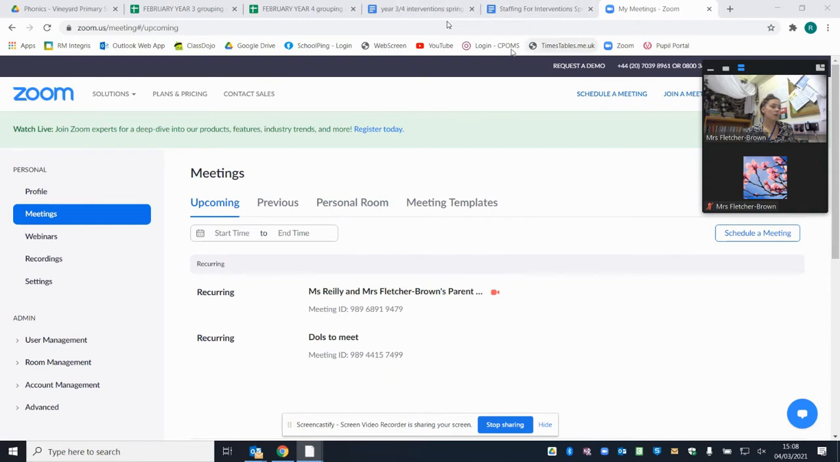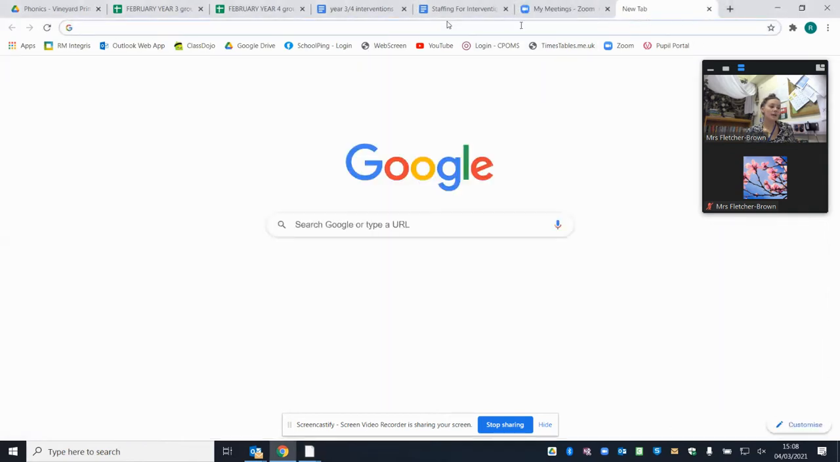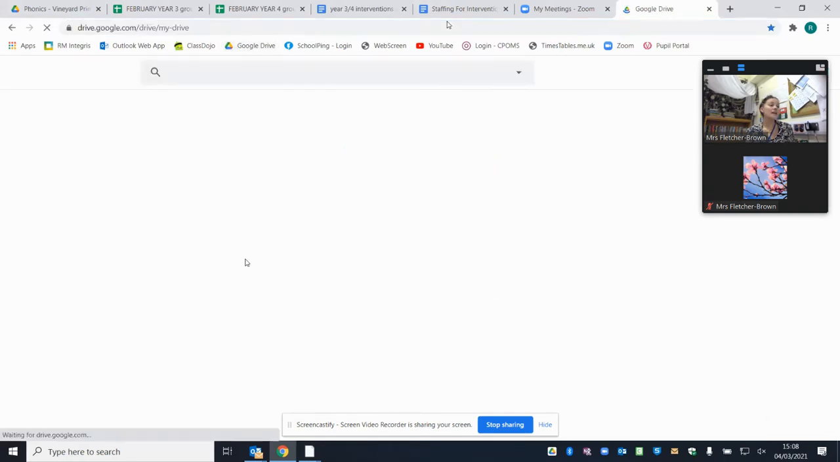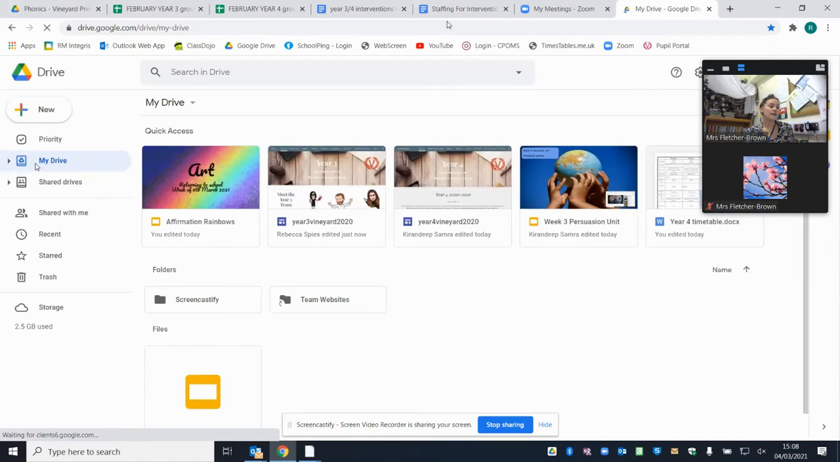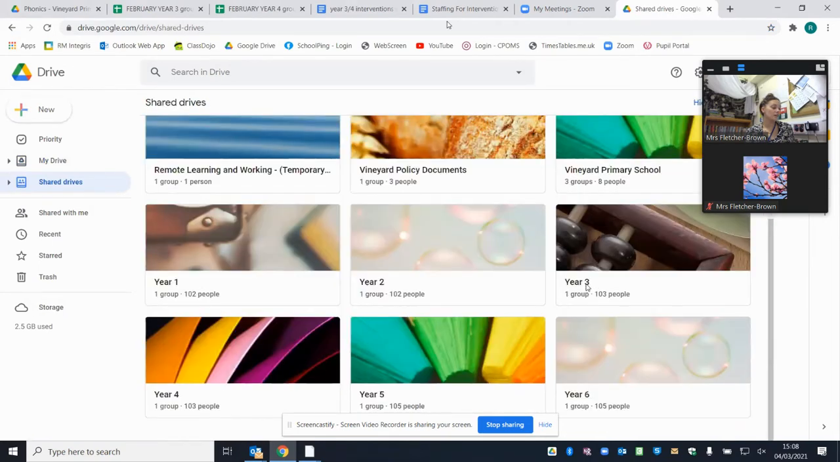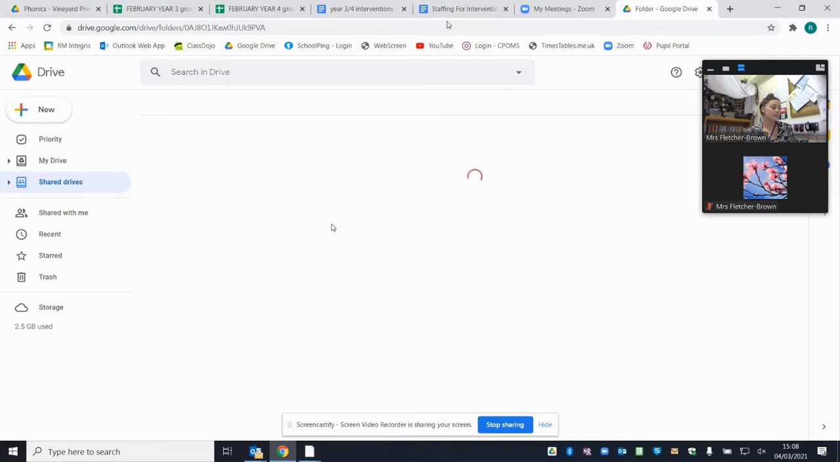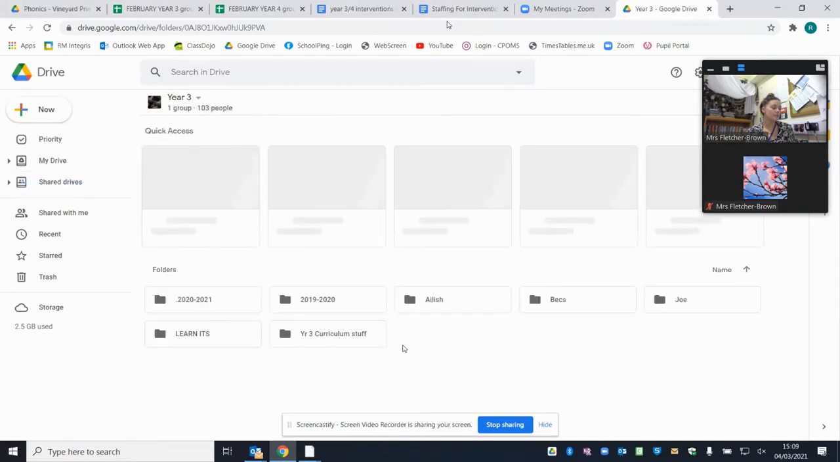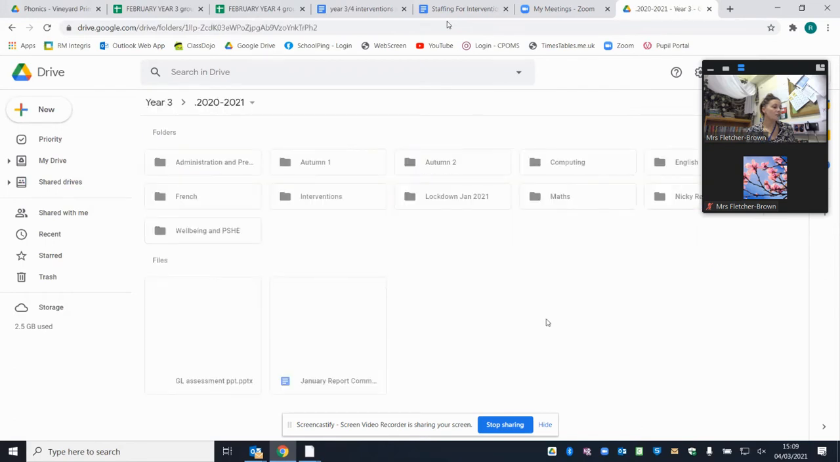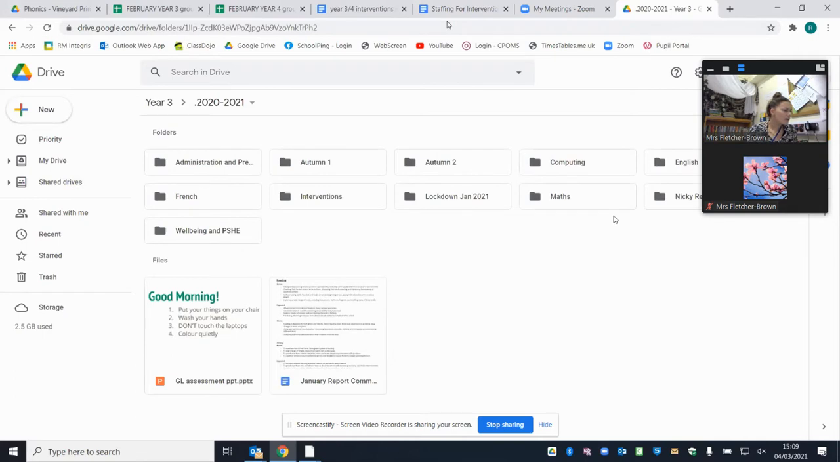So let's say, for example, I want to open something up, so I can open a new tab. I can then go to Google Drive, into shared drives, and let's say for you, Nicky, in Year 3, I think it's in there anyway. I hope it's in there. In this year, I've made you a Nicky remote learning folder. So in there,